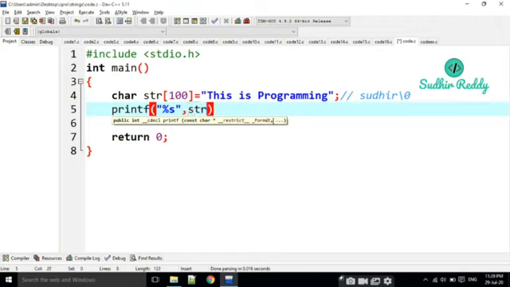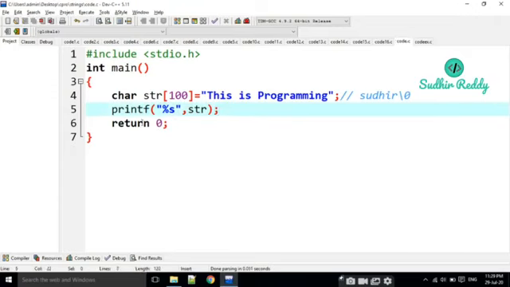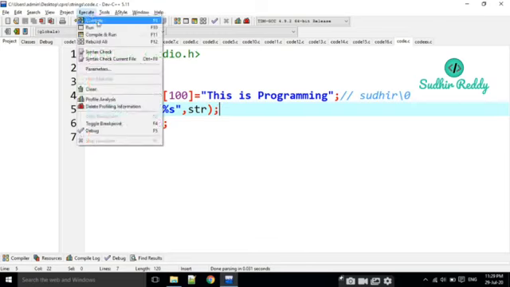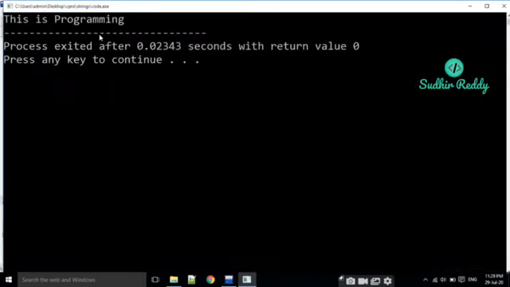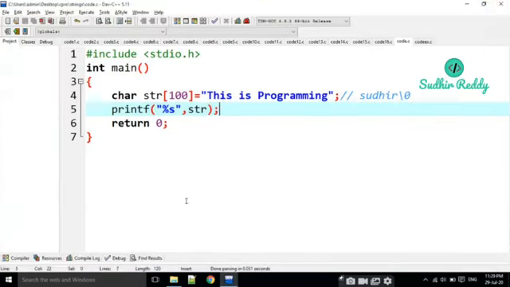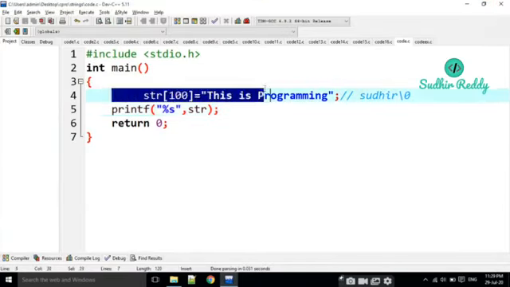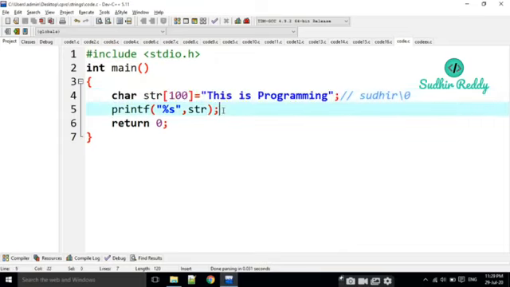I am going to print directly str. That's it. I am going to execute it. The output is, this is programming. This is the reading of the input at the time of declaration, and the printing is very simple, %s and str. That's it, nothing else.